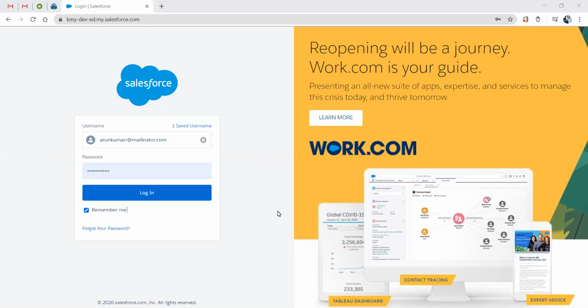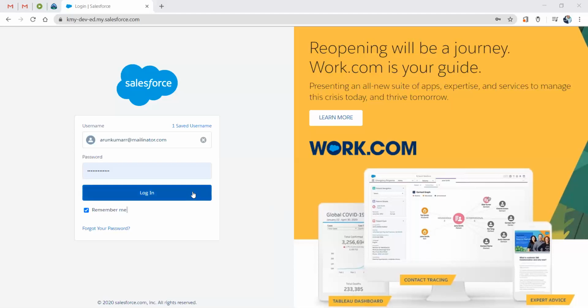And let me give a quick advantage and a disadvantage of why we need Web to Lead. So for example, now we are creating a simple Web to Lead form. There is one advantage. Instead of logging into Salesforce each time to create a lead, which is a huge process, directly jumping into the website web form and entering your username and password will be sent directly to Salesforce even without logging into Salesforce. So that is one advantage. So let's log in and let's see how it works.